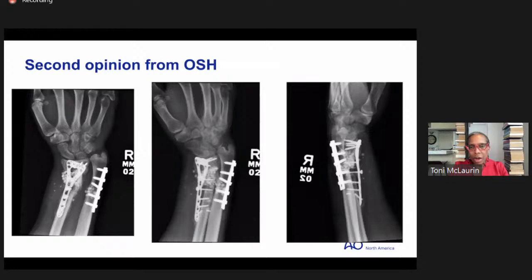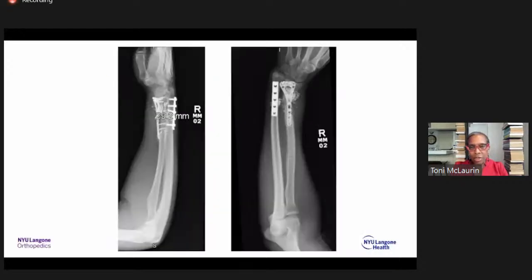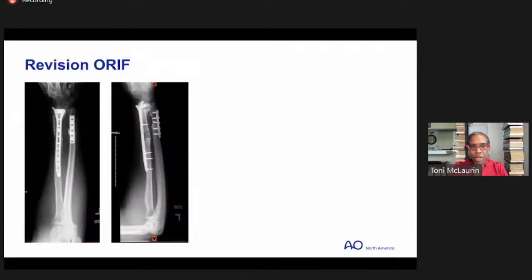So I'm putting this up here, even though this is not a distal radius talk, and originally, obviously, the distal radius played on here, but this is functioning more like a forearm problem. This is just an example of something that was transferred in from an outside hospital. I'm happy to say I did not do this surgery, but you can see what's happening looking at the wrist. But if you look at the entire forearm, you can see how the articulations are really massively affected by this problem at the distal aspect of the shaft. So this is really more of a distal shaft fracture than what you would consider with a distal radius fracture. And so it was revised, and my x-rays are all terrible, and you'll hear about terrible x-rays in the next talk. But you get what you get.